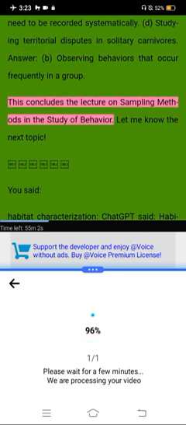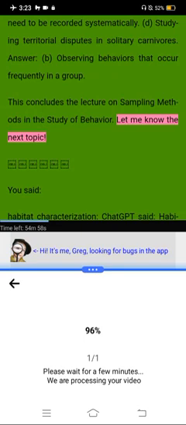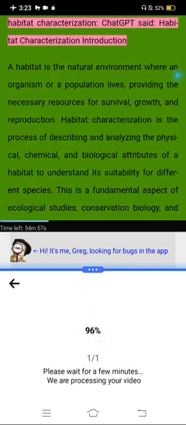This concludes the lecture on sampling methods in the study of behavior. Let me know the next topic. You said: Habitat characterization. ChatGPT said: